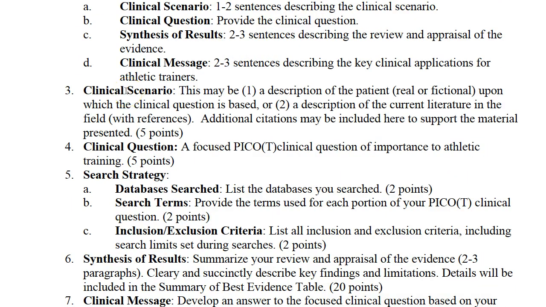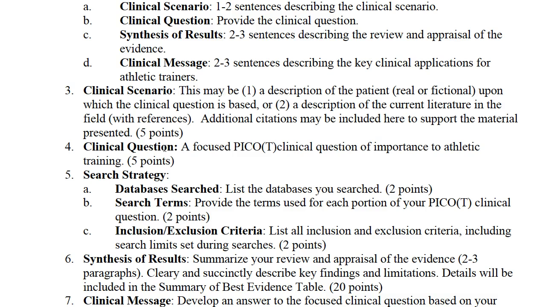I believe in week 1, you're going to write your clinical scenario, and you're going to write your clinical question. I provide you information on how to do some of these things. The clinical scenario is pretty straightforward. You're going to make up a description of the patient on which you're going to base your clinical question. Or there are 2 different ways you can do it. Do it that way. Again, don't use real names, but base it on a real scenario that's going on or has been going on in your clinical setting or with your partner. That kind of sets the stage for your clinical question.